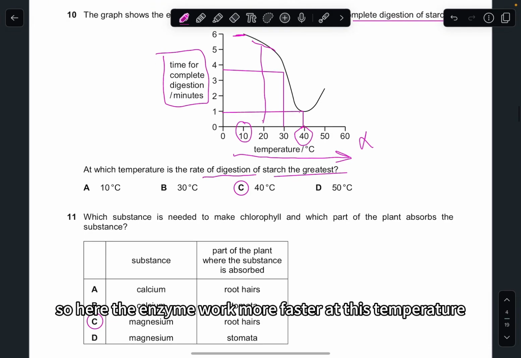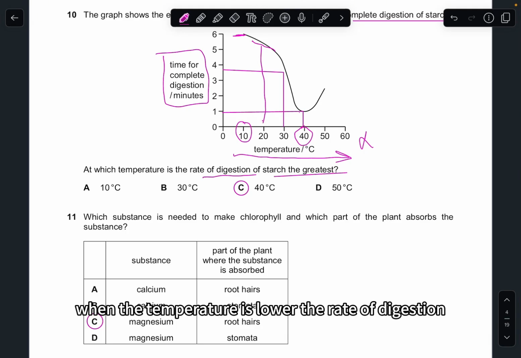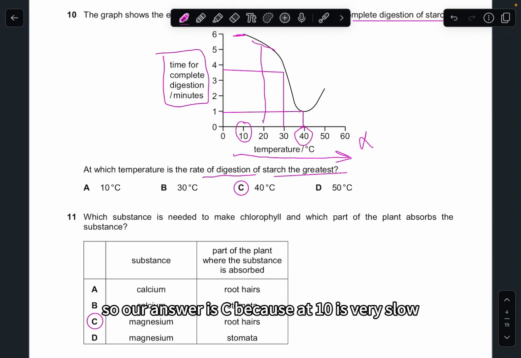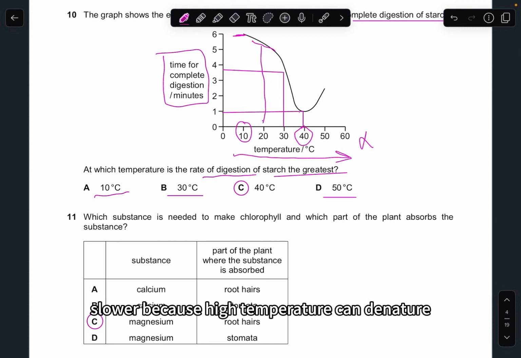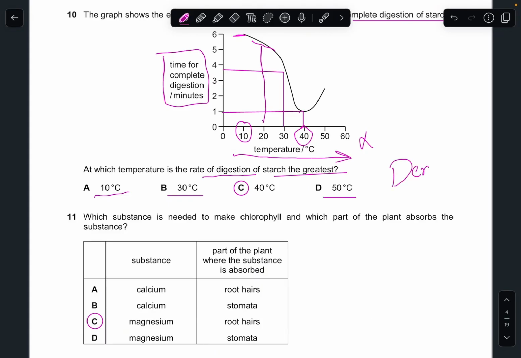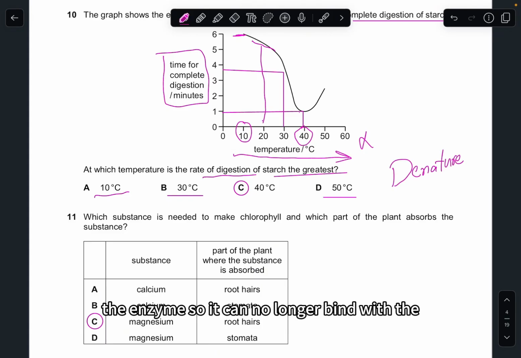So at 40, this temperature, the digestion of starch is the highest. So here the enzyme works faster at this temperature, because when the temperature is lower, the rate of digestion also becomes slower. So our answer is C because at 10 is very slow, 30 is faster but not as fast as 40, and 50 is slower because high temperature can denature the enzyme, so it can no longer bind